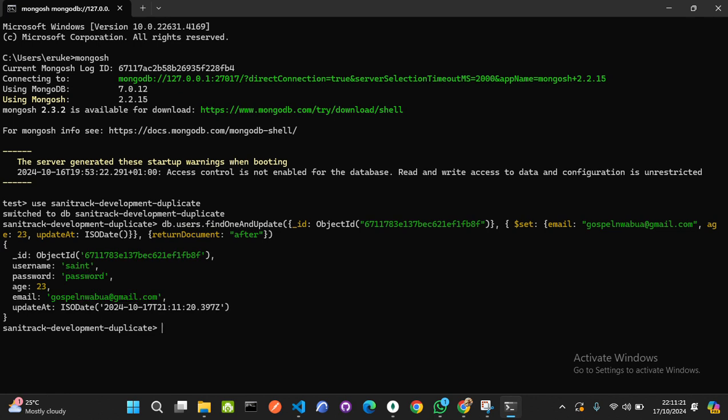So hit enter. As you can see, that document has been updated. Now the age has been set to 23, the email field has been added, and the updated date has been added as well. Okay, with that being done,